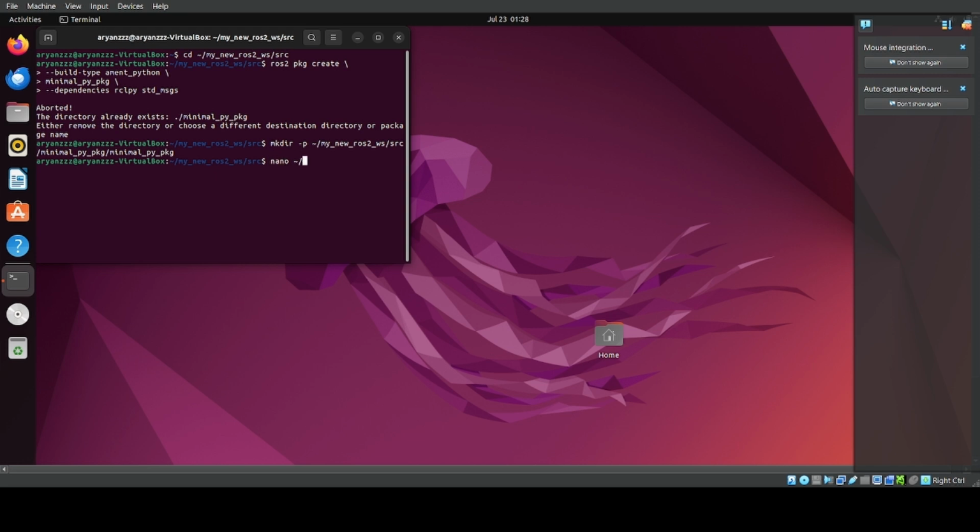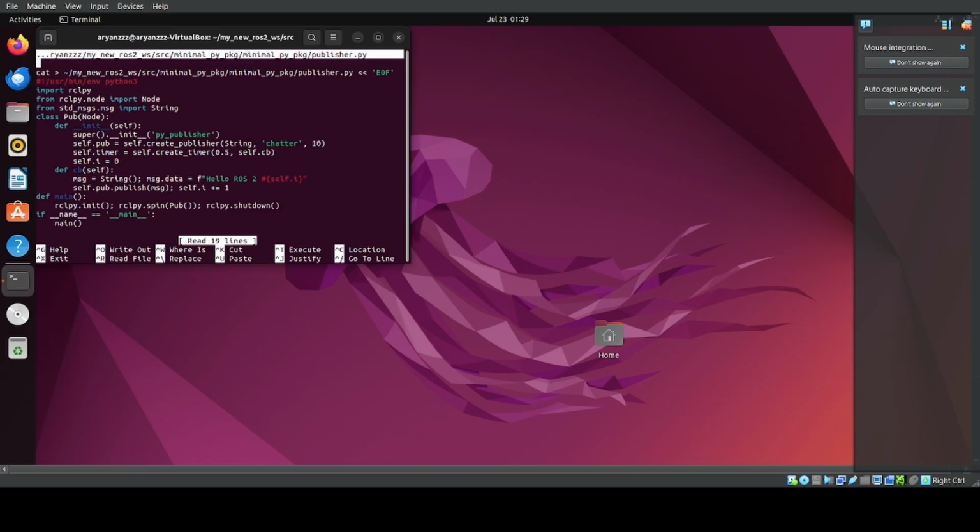you have to go into your ROS2 workspace src, and into your created minimal_py_package, like the one that we created above. And then after that we have to go inside the package itself, and then for now go into the publisher one. As you can see, there's a publisher.py. You have to just paste it